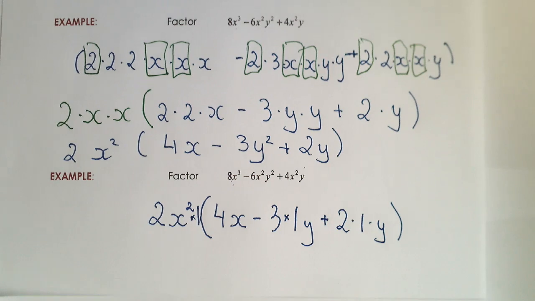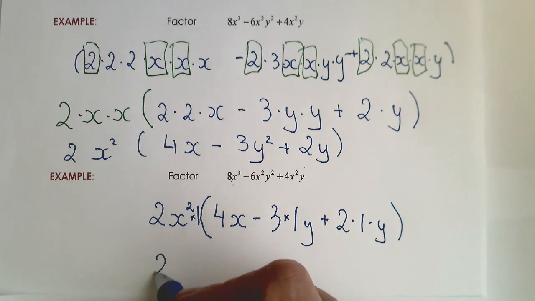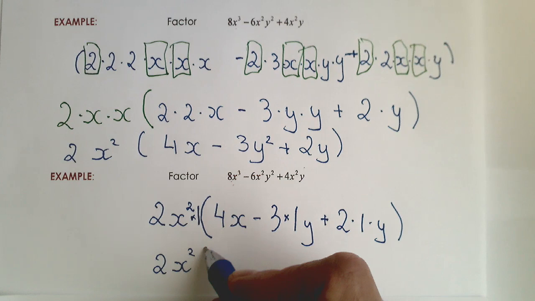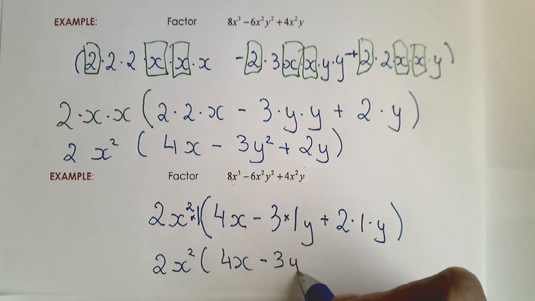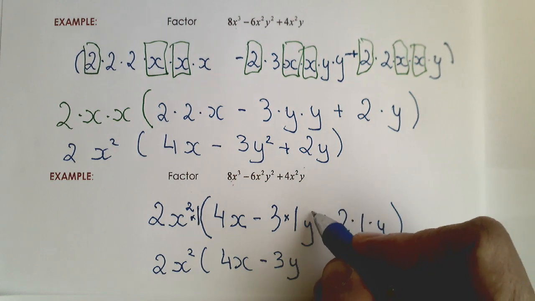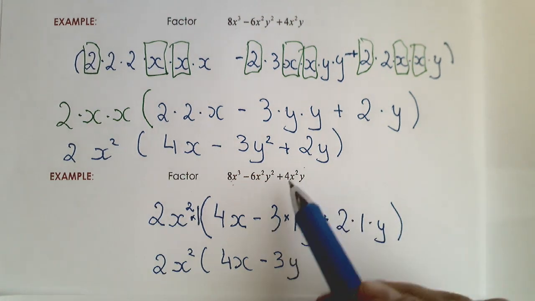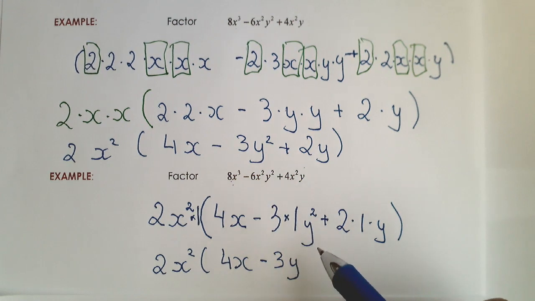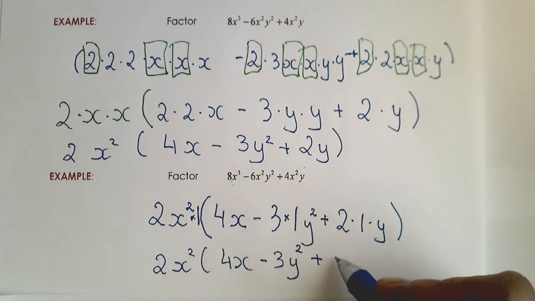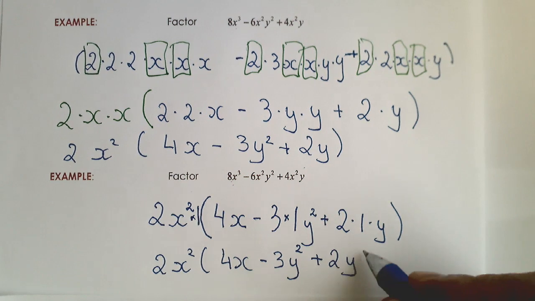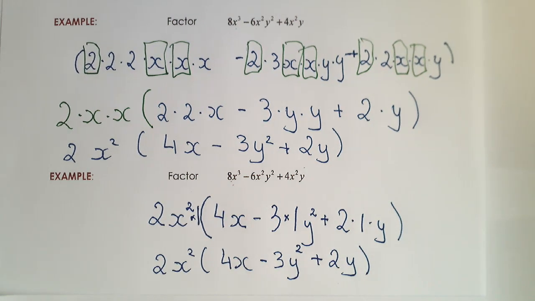All right, and now I'm going to quickly clean it up. So it's going to be 2x squared, 4x minus 3y. Oh, there should have been y squared here. Sorry, I made a mistake. There should have been y squared here because y squared divided by 1 is y squared, plus minus 3y squared plus 2y. And then I will close the bracket. And that's finished. So that's how we do this type of questions when we have to factor a polynomial,